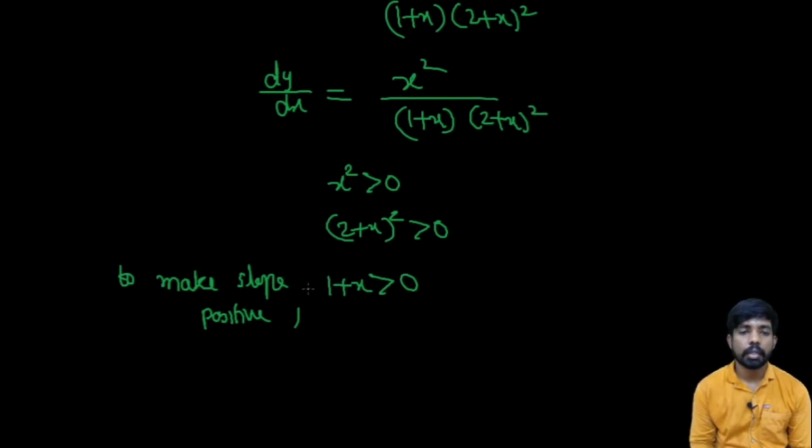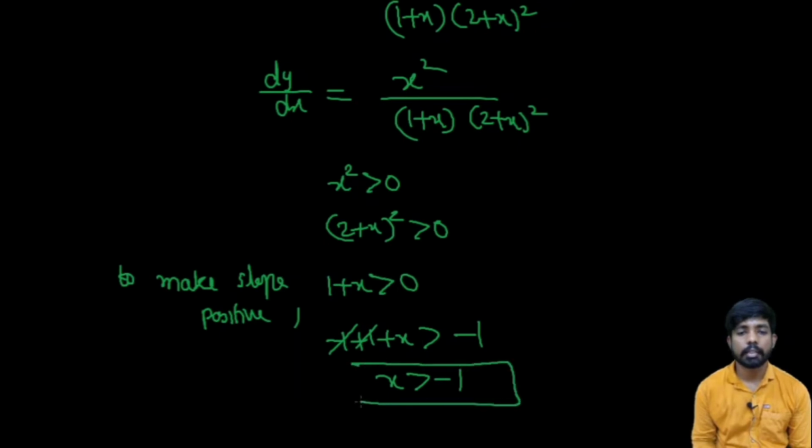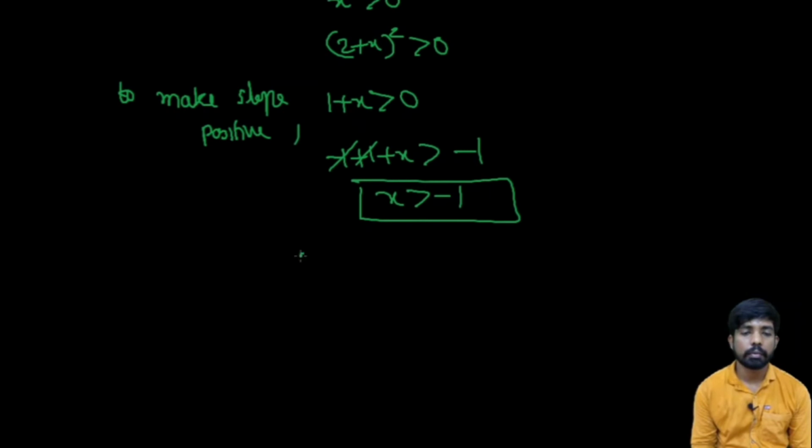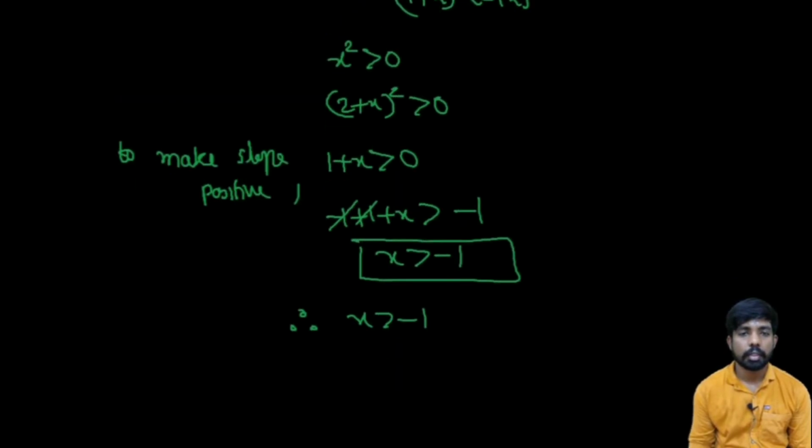So therefore subtract both sides by 1, so 1 plus x greater than 0, minus 1 on both sides, plus 1 minus 1 cancel, x is greater than minus 1. So at this condition it is increasing function, therefore we proved, and therefore it is an increasing function at a domain of x greater than minus 1. Okay,